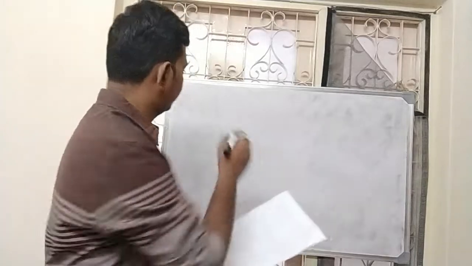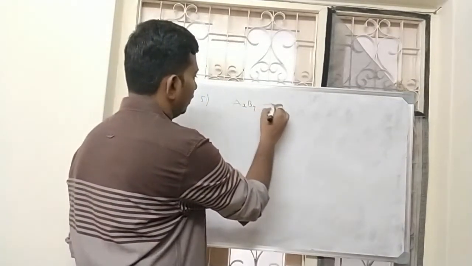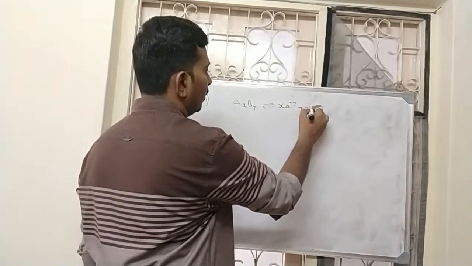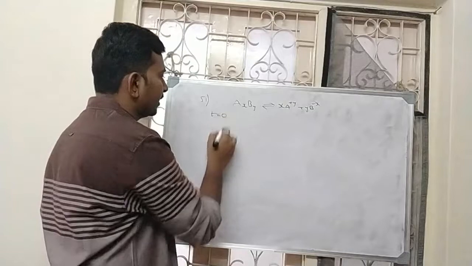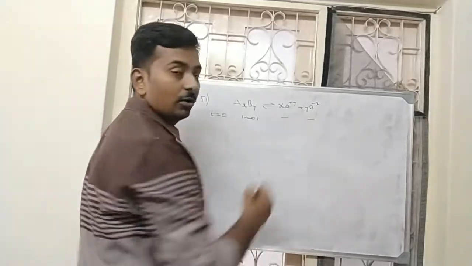Coming to the next question, question number 51. The degree of dissociation of weak electrolyte AxBy is related to Van't Hoff factor by the expression. So we need to get the relation between i and alpha for AxBy. AxBy is an electrolyte which on dissociation will give x moles of A^y+ and y moles of B^x-. Let us assume that initially, at time t equal to 0, 1 mole of AxBy is present. Then these two will be 0 and 0 initially.